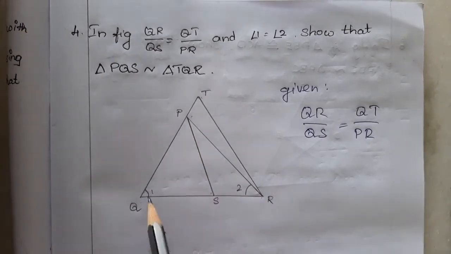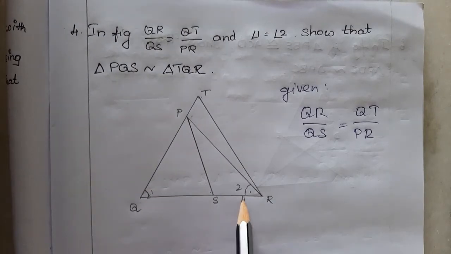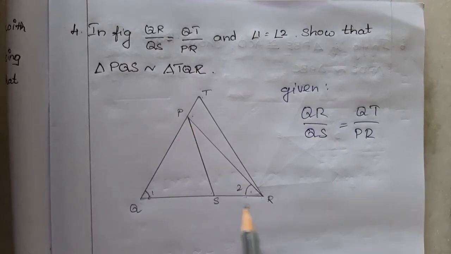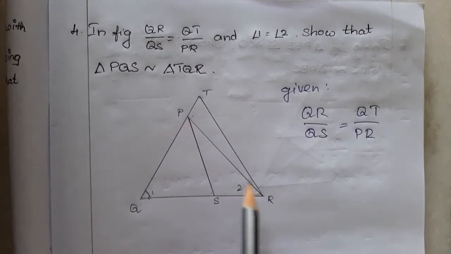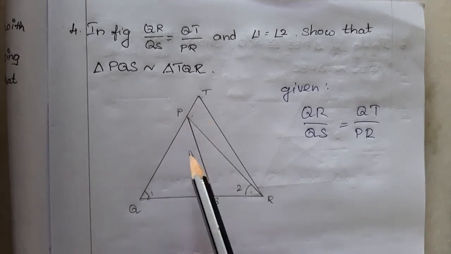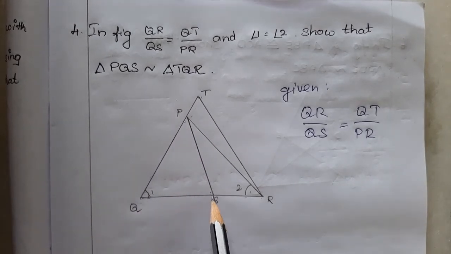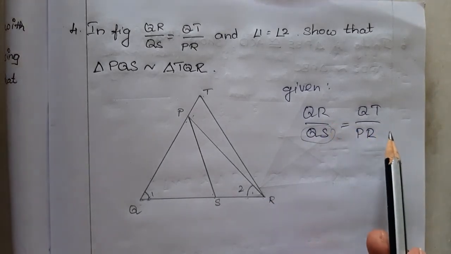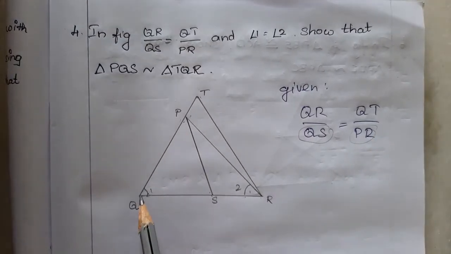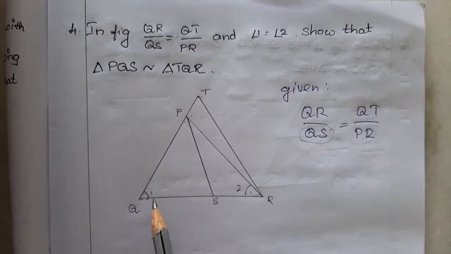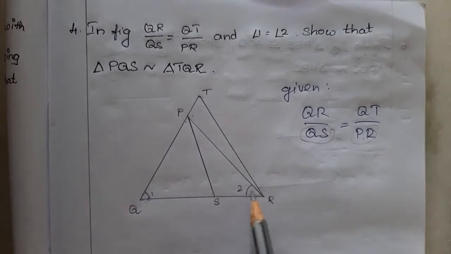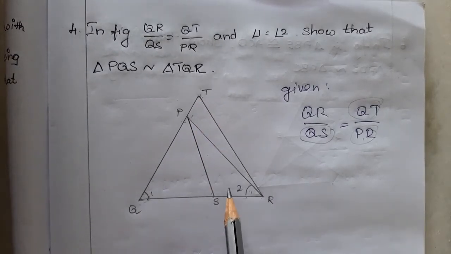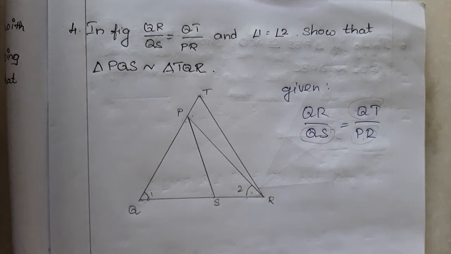So we have to prove that PQS and TQR are similar. Already it says that angle 1 is equal to angle 2, so it is enough to prove the sides including the angle are proportional. Do you remember that? SAS, that's what we are going to prove. So in triangle PQS, QS and PR are given, but we need PQ, right? Then we have to show that PQ and PR are the same. And the next triangle is TQR. Here QT is proportional to QR, both are given, right?